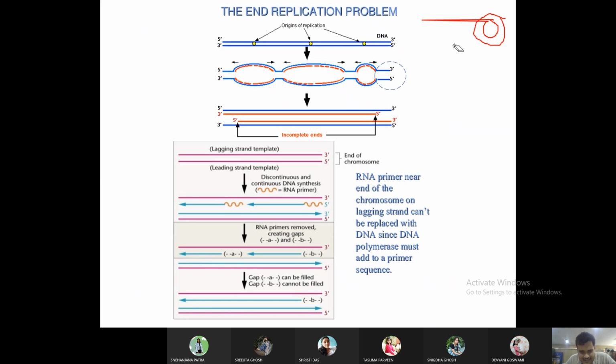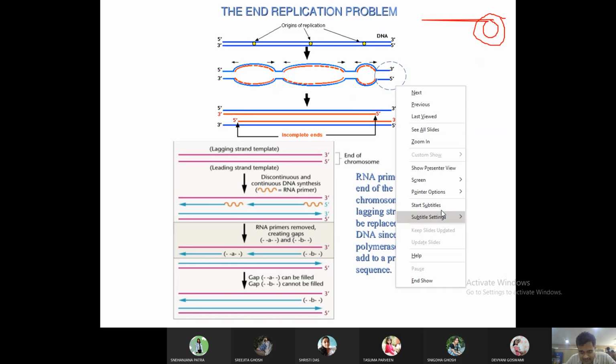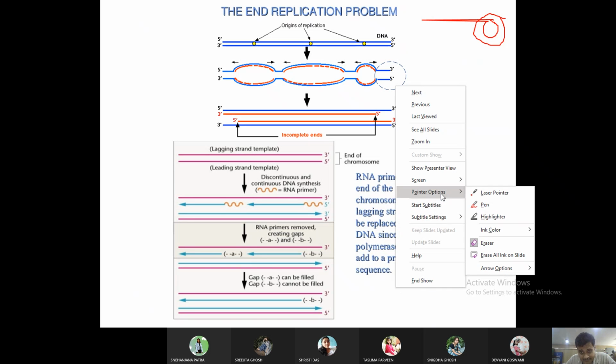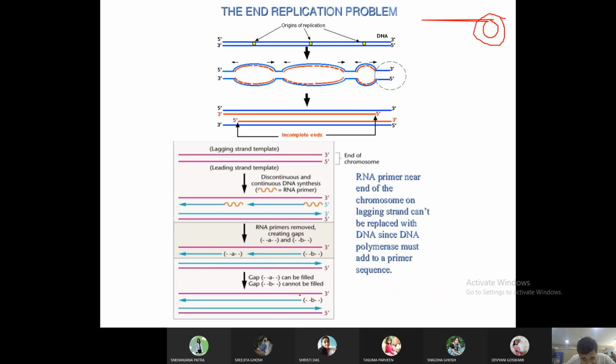Telomerase plays a different trick. Let me draw the trick here, and then we will go to the slide below. Here this is 5 prime of the replicated DNA, and this is 3 prime. Correct? Here also this is 5 prime and this is 3 prime. Now when this DNA is replicated, we see that some portion of the DNA remains unreplicated.